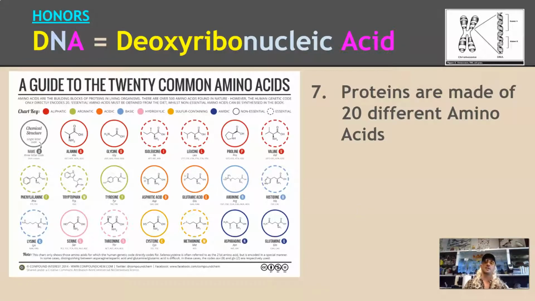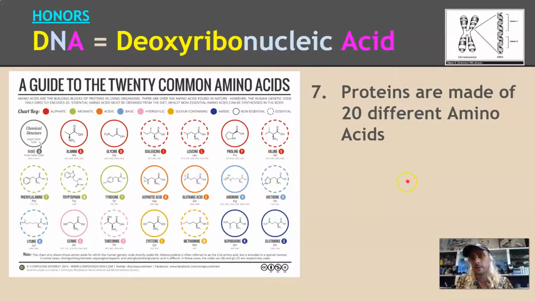Proteins are made of 20 different individual little varieties of molecules called amino acids. Okay, so there are 20 different common types of amino acids that commonly occur in nature. And proteins are made of different combinations of these. In college level biology, you're going to have to memorize all 20 different amino acids, and sometimes you even have to memorize what types of groupings they belong to as well.